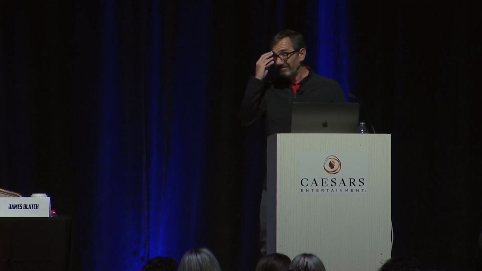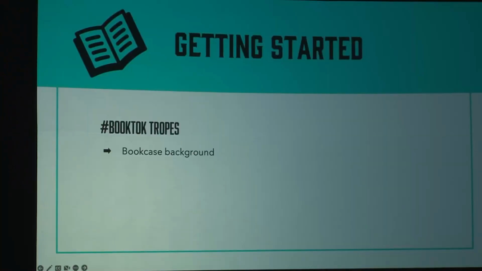So let's have a look at those tropes. A bookcase in the background. You don't necessarily have to have a bookcase, but most BookTokers do have a bookcase in the background. And it's a bit like a cover. You know, people glance at a cover. In that first couple of seconds, it's got to tell that reader, this is the type of thing you like. Same thing on TikTok. It's a very fast environment. People maybe have a second to glance at it and think, this is something I'm going to watch and be interested in. So make it look like what it is.